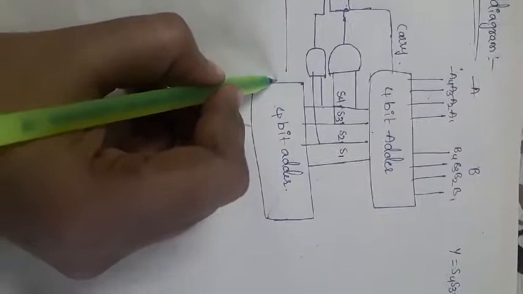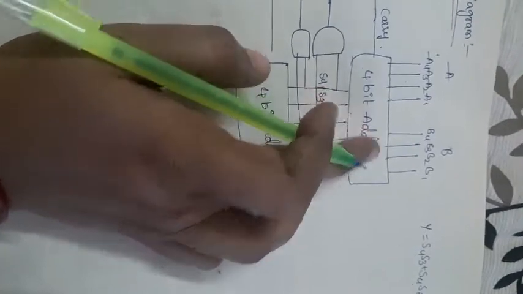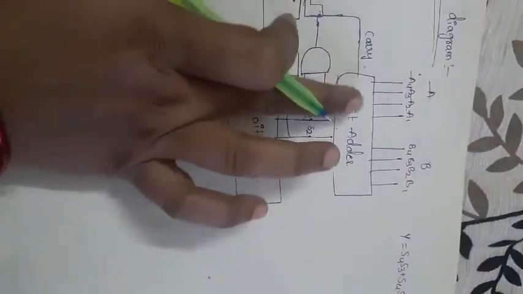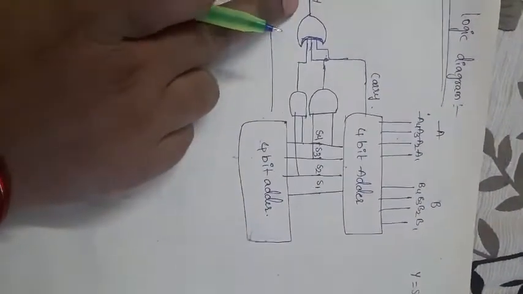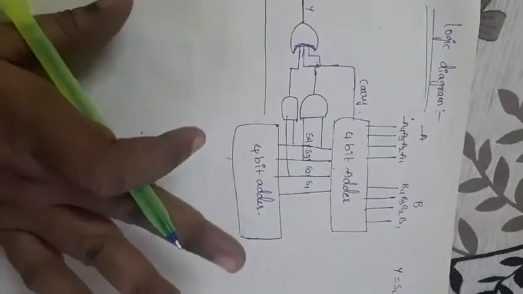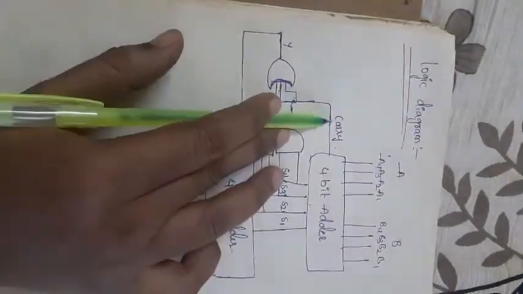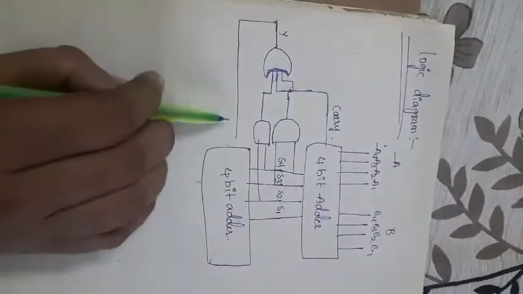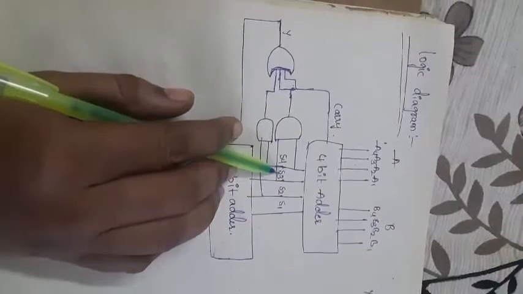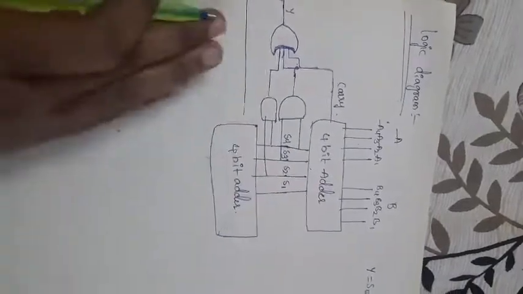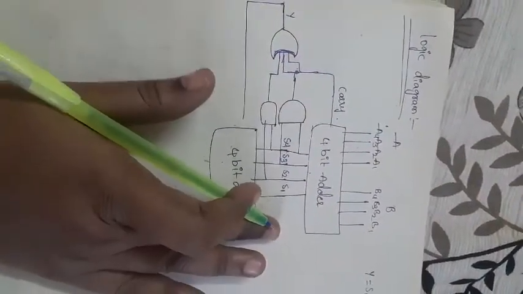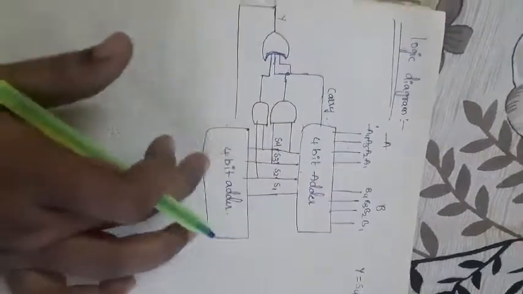When I am taking another 4-bit adder, it is the same as what we used previously. For this 4-bit adder, if correction is needed, then we need to add 6. Otherwise the same sum will be present as the final sum. If it is greater than 9 or carry is generated, then correction is needed, so we need to add 6 to this sum. That is the final sum. Otherwise, if there is no carry and the sum does not exceed 9, directly we can say that whatever sum is created, that sum is present here. That is a major point here.